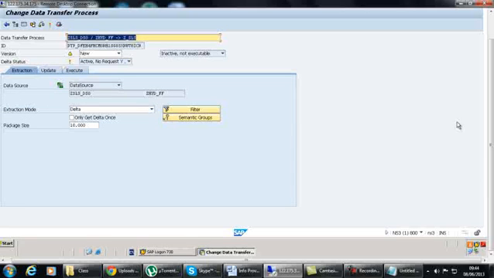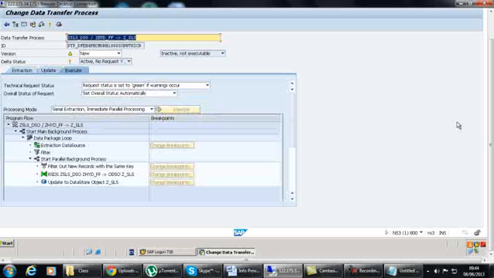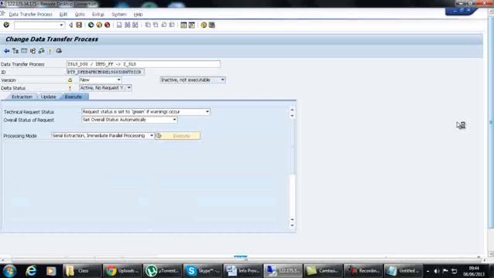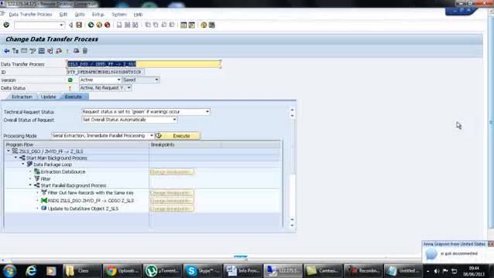Now in execute, we have to activate the DTP. In order to get it activated, use the execute button. So once it is activated,